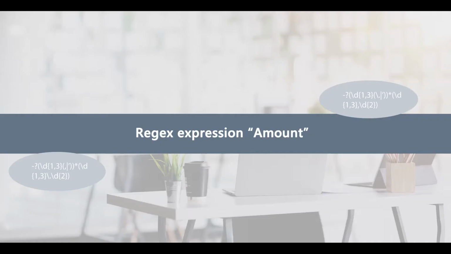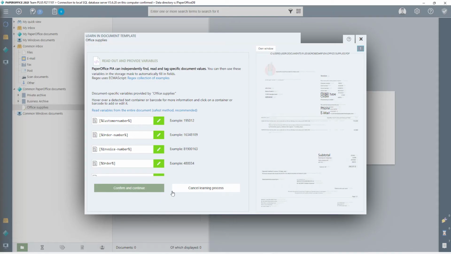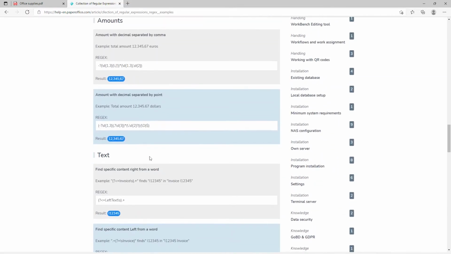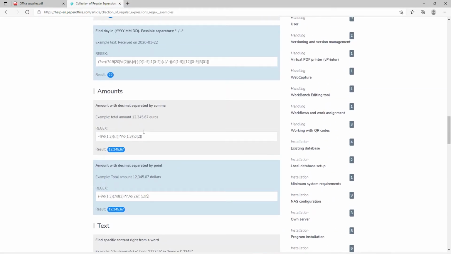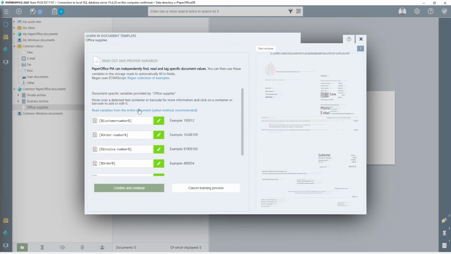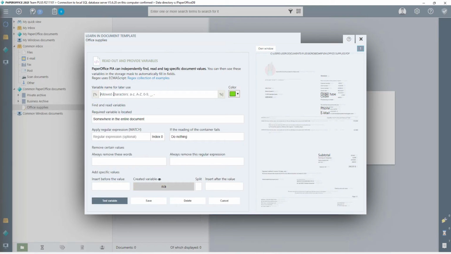Regex expression, amount. Now I would like to read the total from the invoice. To do this, I'll open the sample collection and scroll down to the amounts section. The total is an amount with decimals separated by comma. Accordingly, I copy the expression, name the variable total, and paste the expression into the appropriate field. If I now click on Test